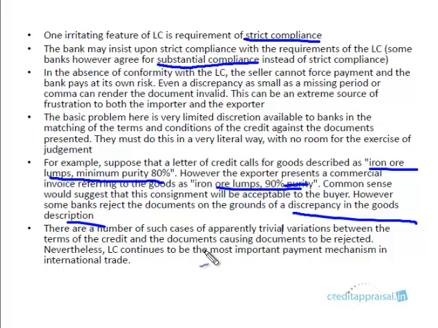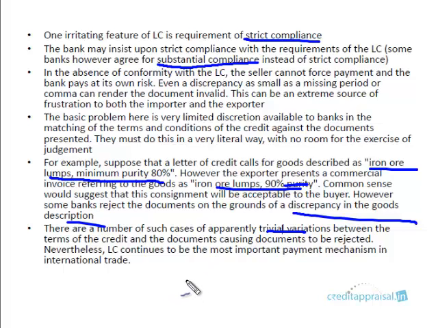There are a number of cases, maybe not known to the bankers, where these trivial variations will result in rejection of the LC, right? So that is one problem with LCs, right? It could be extremely frustrating for the parties, because it will lead to a lot of delay, right? But even then, in spite of that, LC continues to be the most important international payment mechanism, and we have to live with it. A very popular mechanism. What banks get from this is commission, right? It's a very good income generating avenue, right?